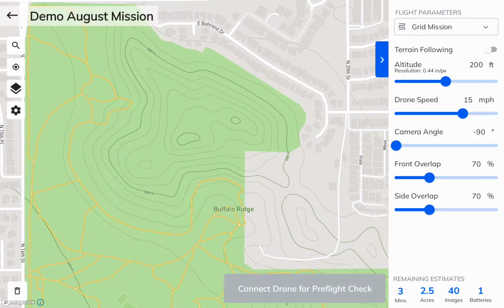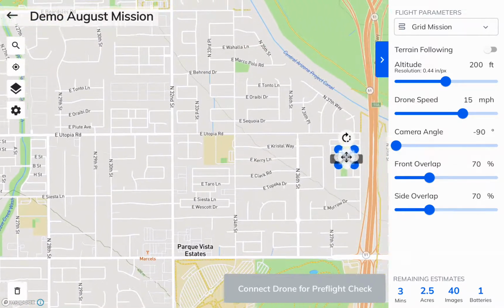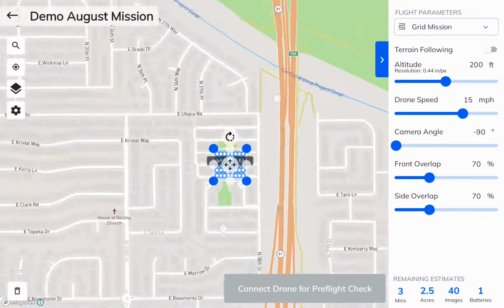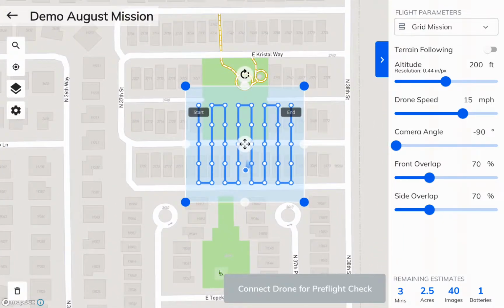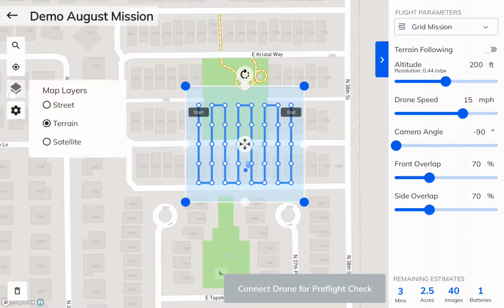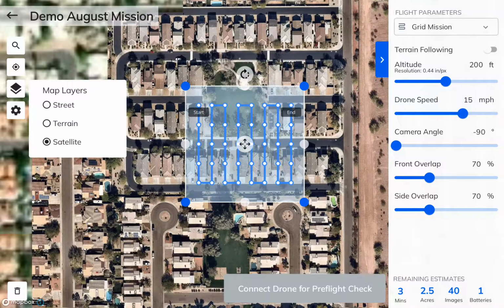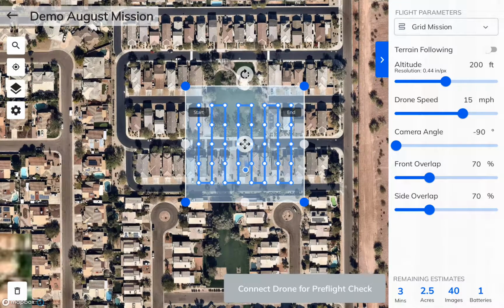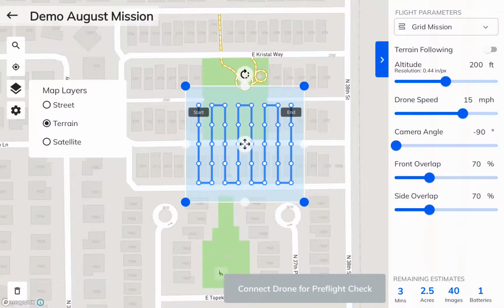However, I also have those topographic lines so that I know for my drone if I need to turn on terrain following or modify any of my altitude settings for that different altitude or the different terrain in my area. If I tap on the layers again, we do have the third option of satellite imagery as well. So if you want to see a more lifelike idea of where you're going to be flying, then that's how you do so. I'm going to go ahead and tap back to go to the terrain since that's my favorite,